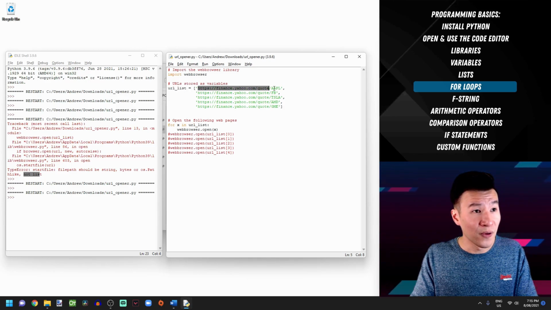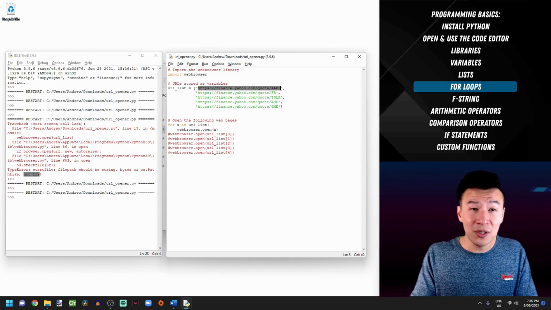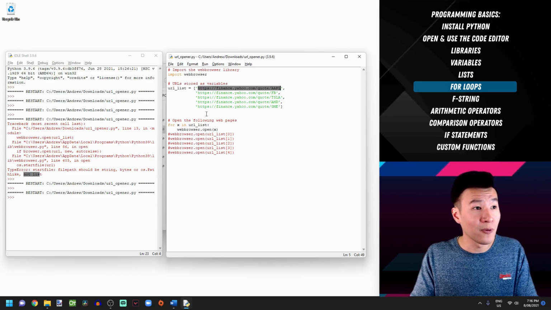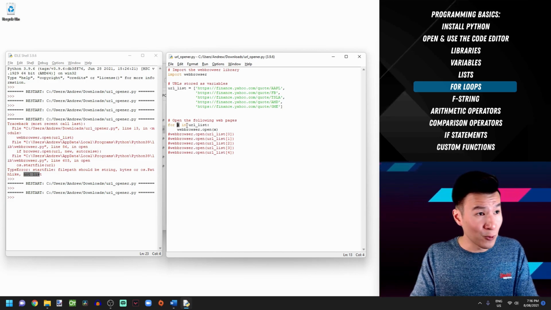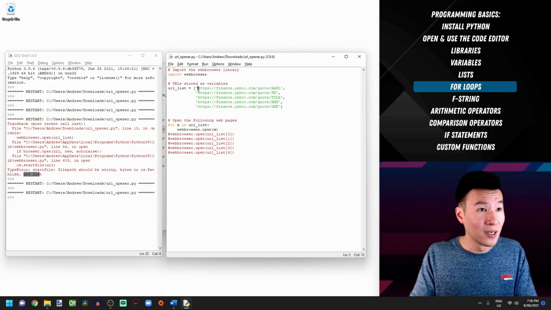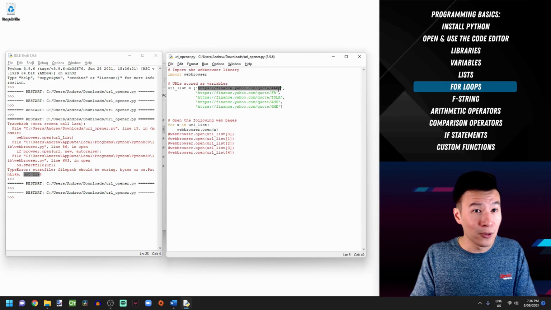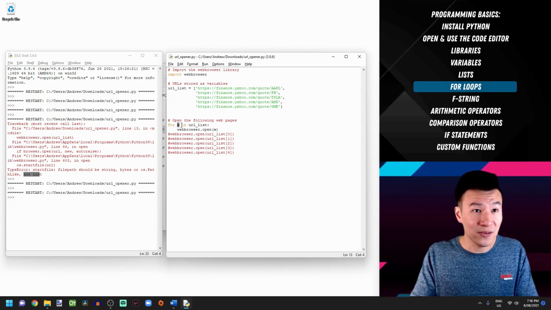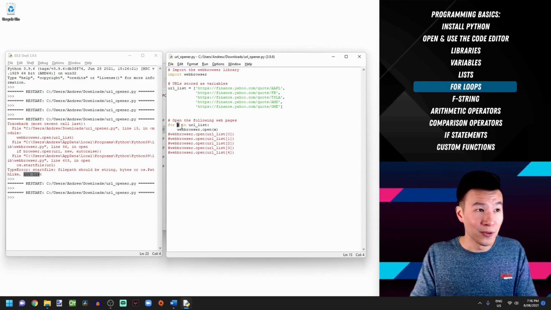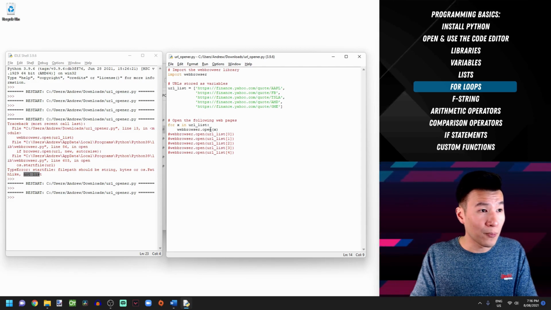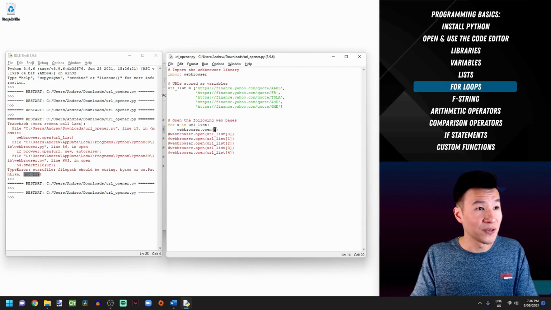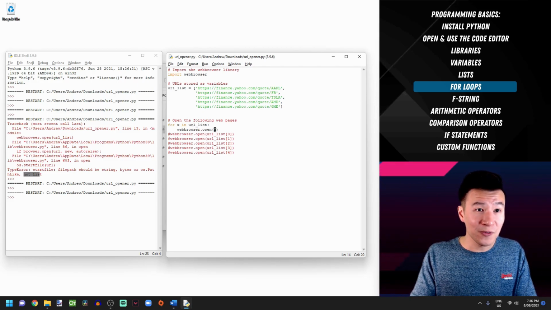So that's the first item here. It sequentially substitutes each item from that into the temporary variable x. So starting with the first item in URL list, it gets the Apple URL, and then it substitutes that into this value x. Once it's done that, it goes to the line underneath and executes it. So it's got web browser.open(x), which is item number 1, and then it goes back to the start of the